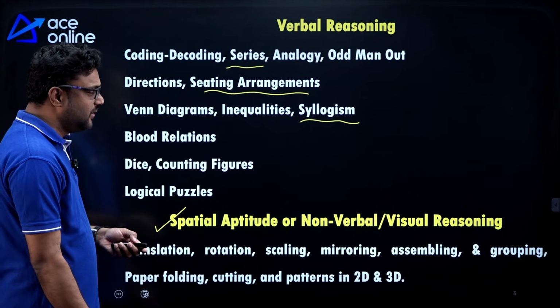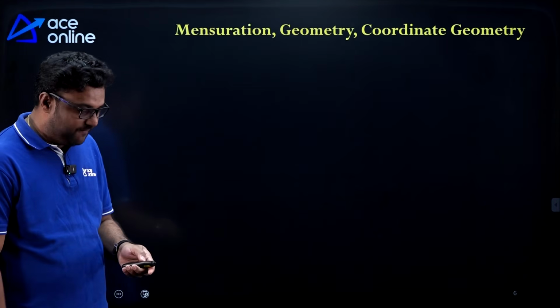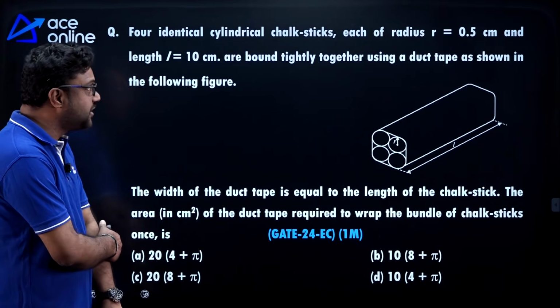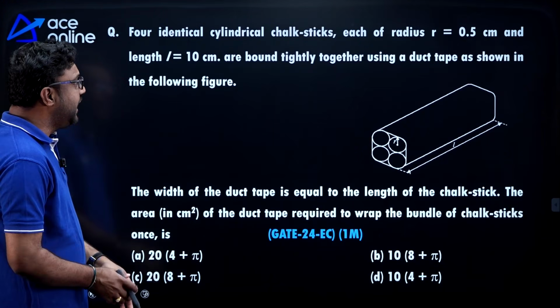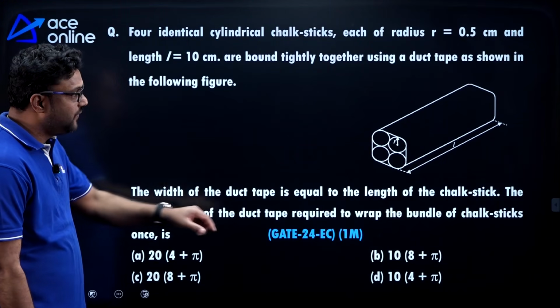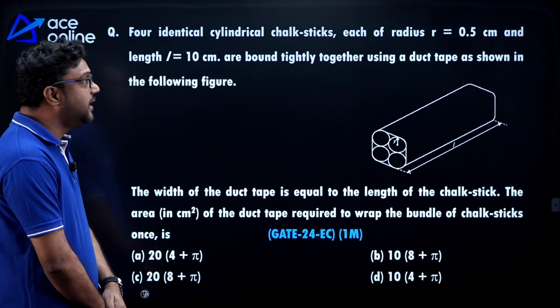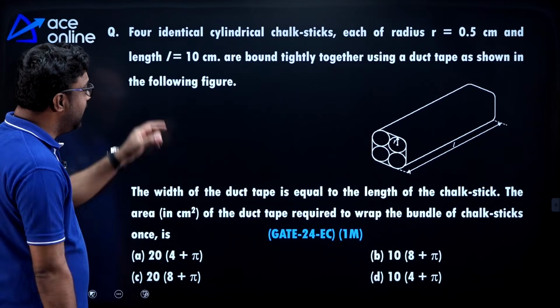Now let's go ahead with the questions one by one. Now let's see the first question here. So guys, this is last year's question. Here, 4 identical cylindrical chalk sticks, of radius r equal to 0.5 centimeter and length